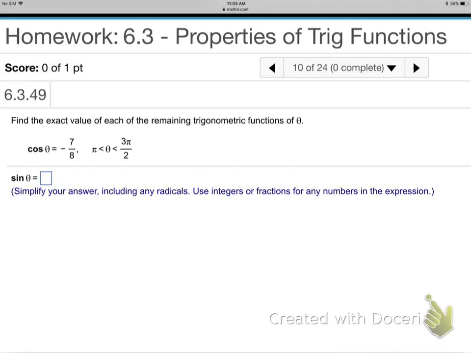6.3, number 10, properties of trig functions. So what were we doing? Find the exact value of each of the remaining trig functions of theta. And what's the plan for today? We're going to finish 6.3 is the plan my notes say. Start 6.4 perhaps, finish 6.4 tomorrow. So the homework will be 6.3 due tomorrow,